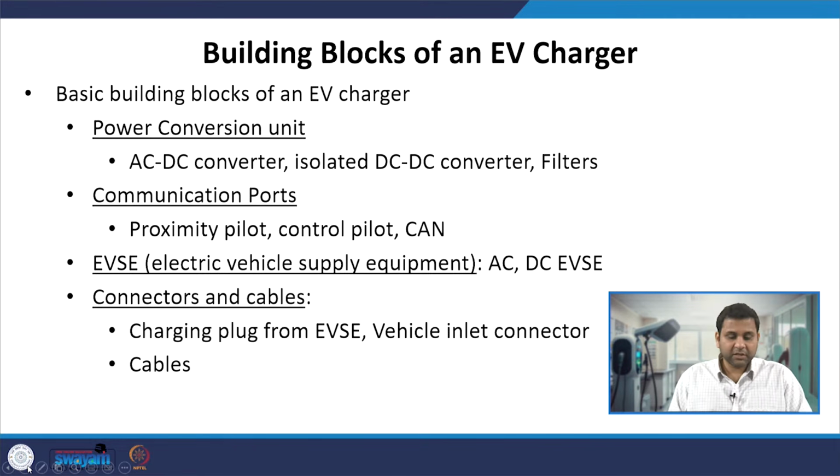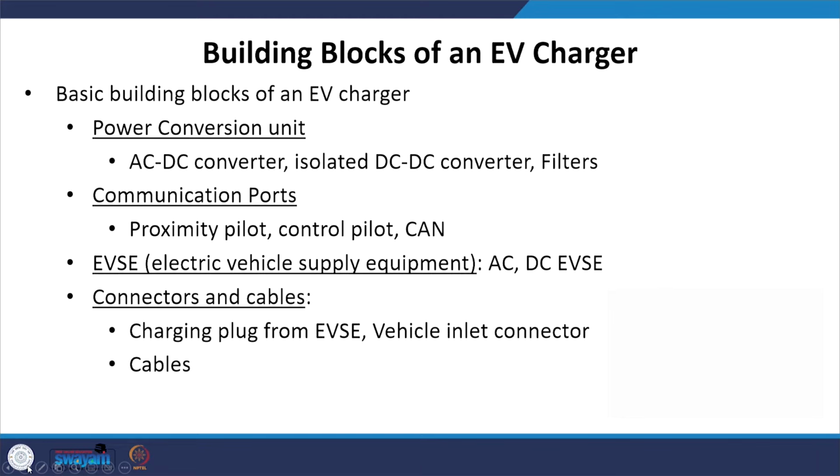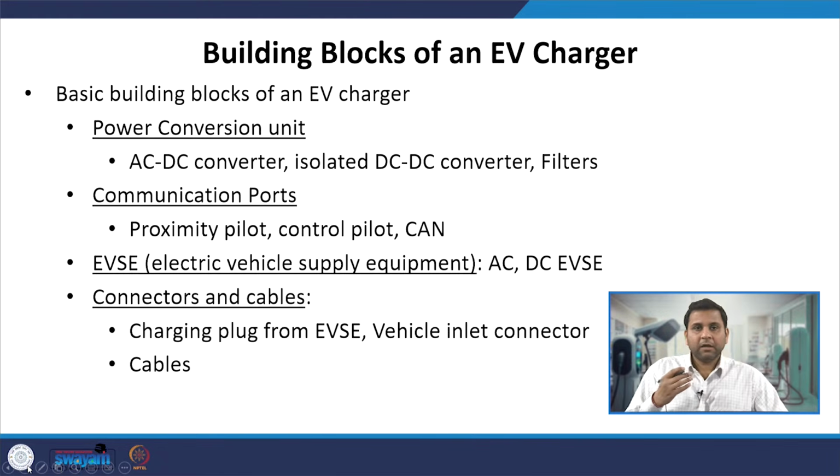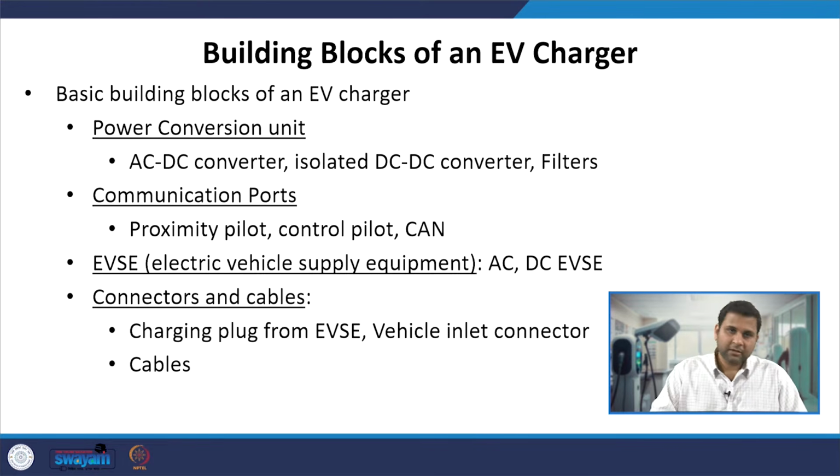The first and foremost thing is obviously a power conversion unit, primarily because you have an AC voltage source and the batteries are a DC voltage source. So you need a certain kind of power conversion which converts that AC into DC with required protection and different grid connected requirements. So it needs a dedicated power conversion unit. It could be either inside the vehicle itself or outside the vehicle. Depending upon that, the chargers are defined as off-board chargers or on-board chargers. We will see as we go along what these terminologies mean.